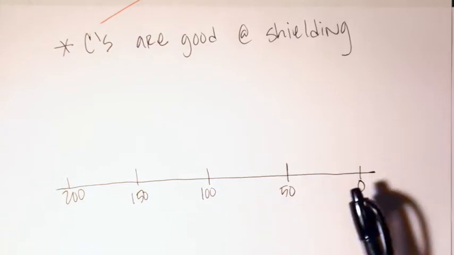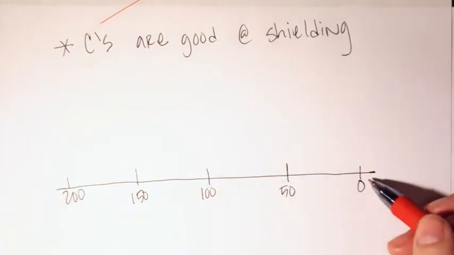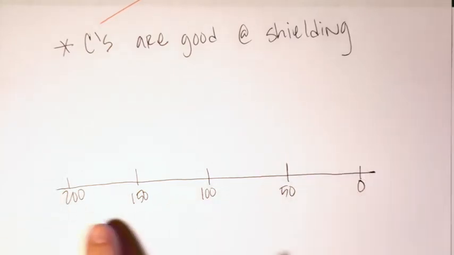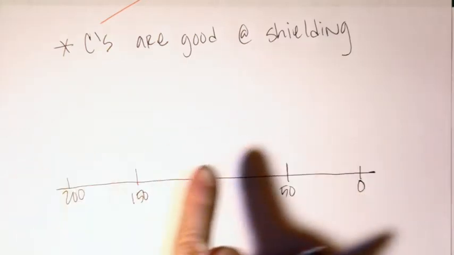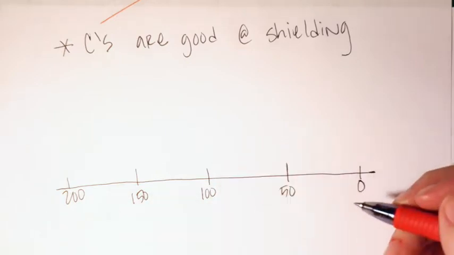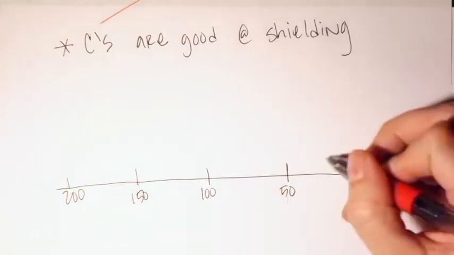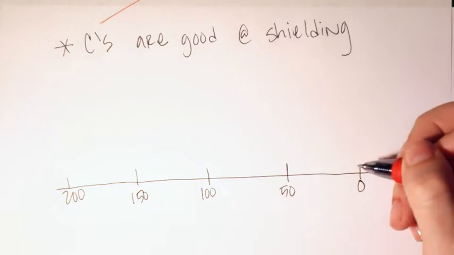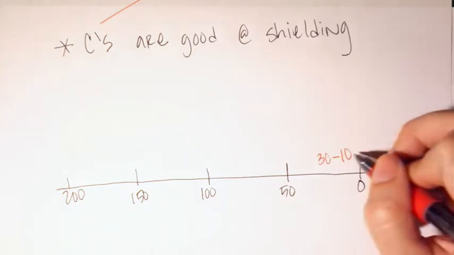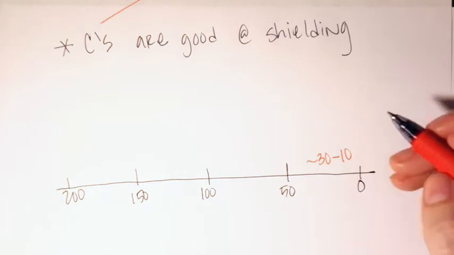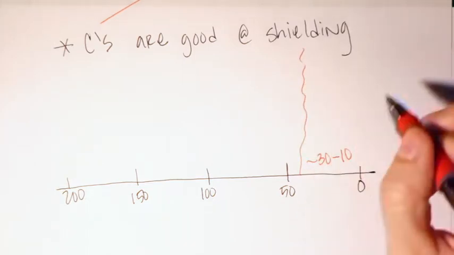Okay, so anyway, I'm going to start in the downfield area. And down around 0, and again, these units are in what we call ppm. These numbers measure what we call the chemical shift. So the chemical shift is where it is on the spectrum. And here, in the most upfield area, this is going to be the stuff with the best shielding. So in the roughly 30 to 10 ppm region,